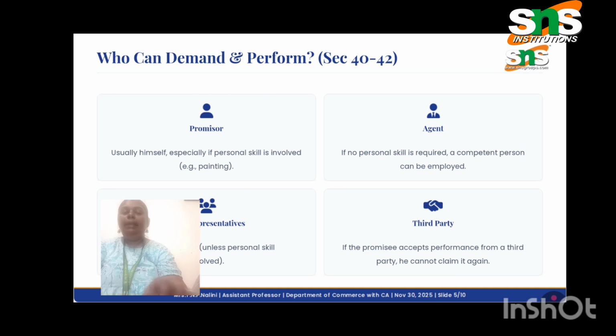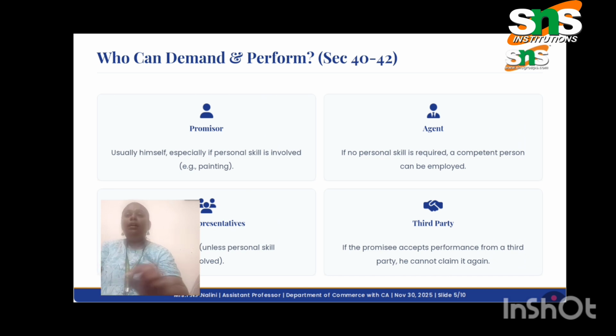Next, how we can demand the performance of the contract. For that we have four categories. One is the promisor, second the agent, next the legal representatives, and the third party.